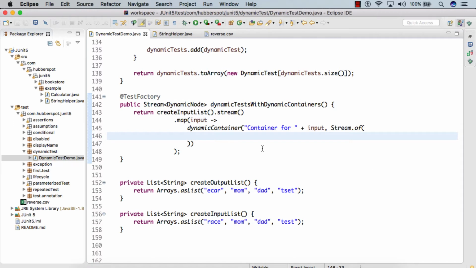So here as we have created a container for each and every string present here, what we can do is first simply provide a dynamic test to check for not null.